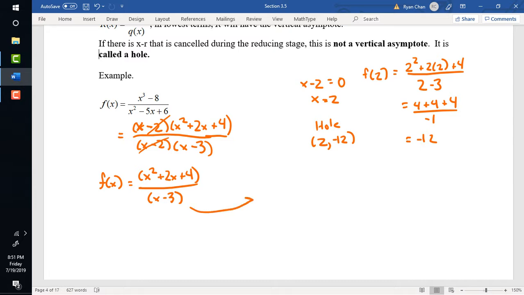So I'm going to set x minus 3 equals 0. And I have x is equal to 3. And so I have a vertical asymptote. We do VA for short at x is equal to 3, right? So the idea is if I graph this, okay, I have no idea what my function will look like, but if I graph this here at 1, 2, 3,